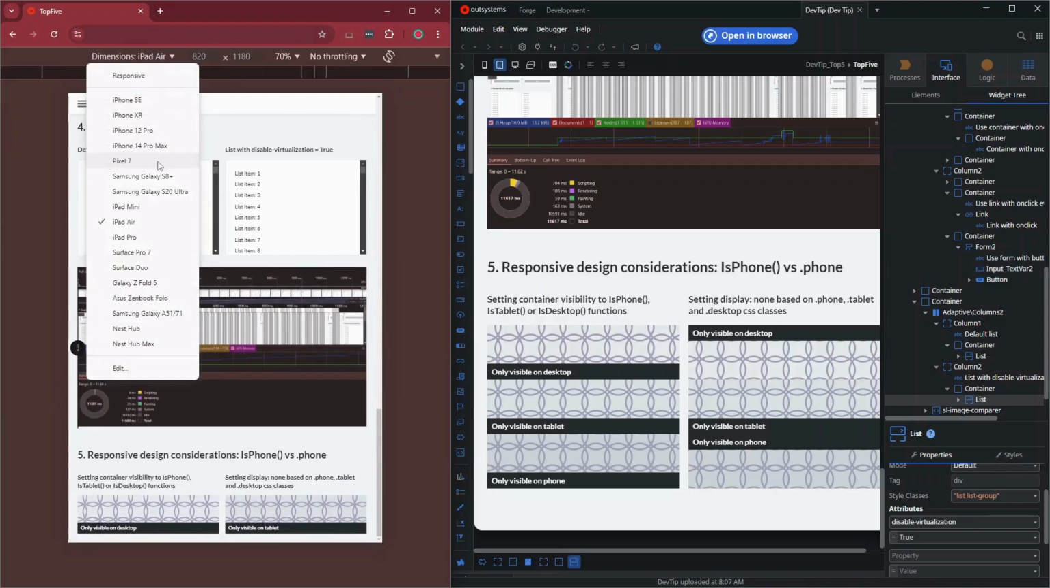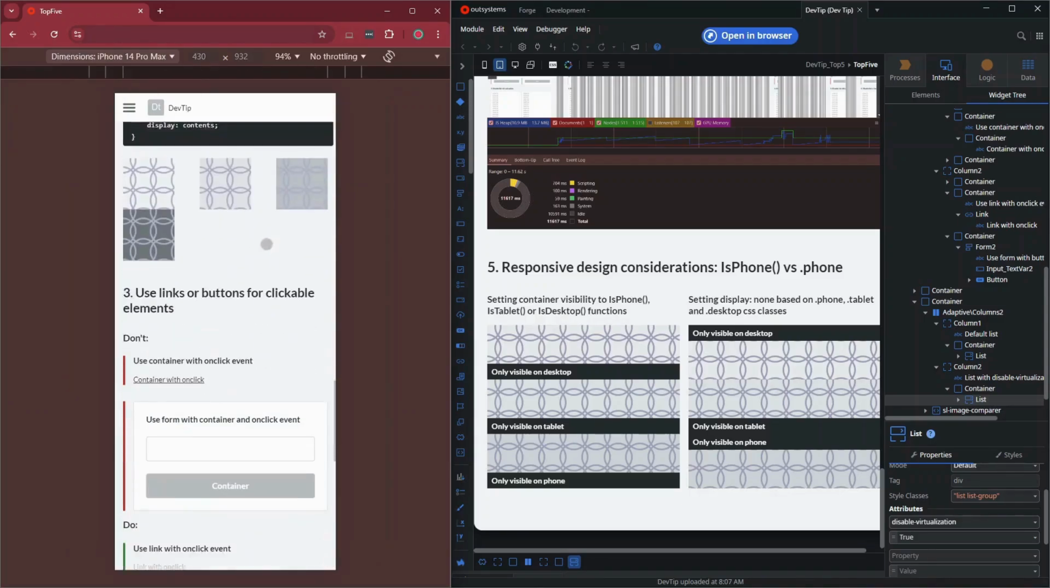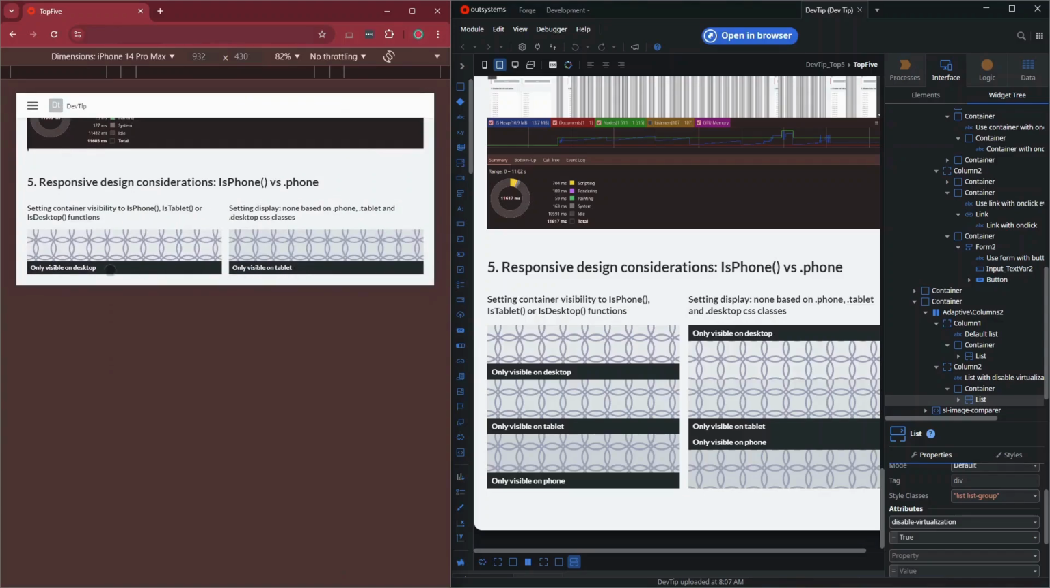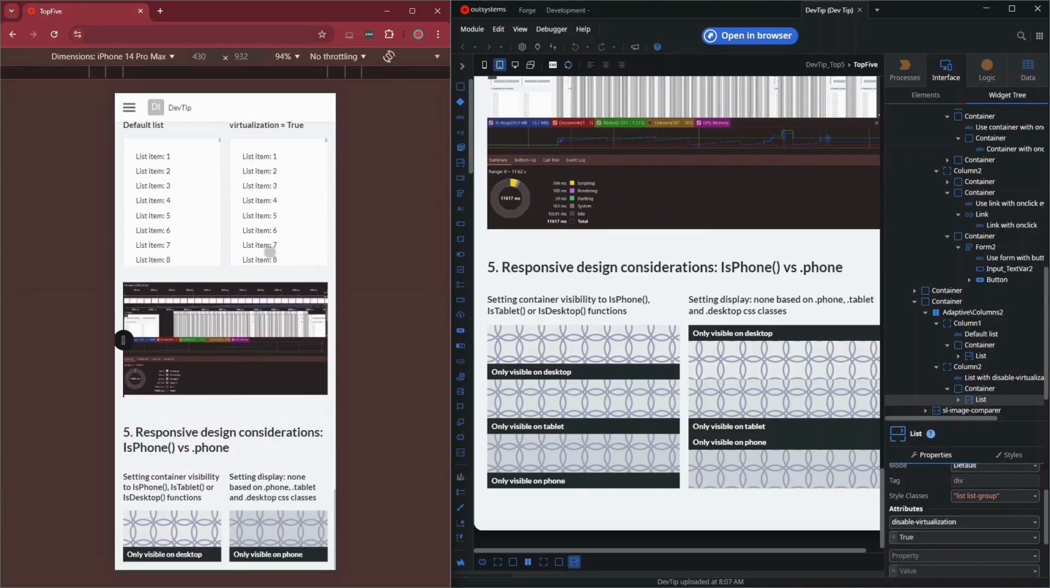This means that if the orientation or screen size changes after the page has loaded, the function won't automatically update its result. You would need to refresh the page to get an accurate reading, making it less ideal for truly responsive designs. On the other hand, the .phone CSS class represents a